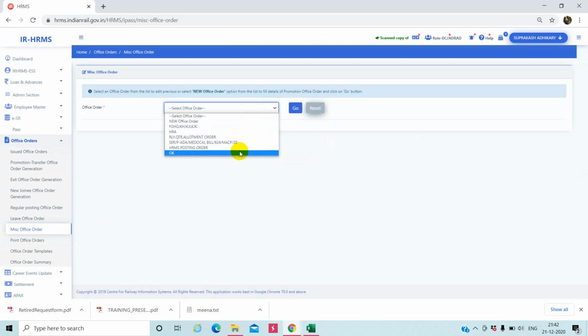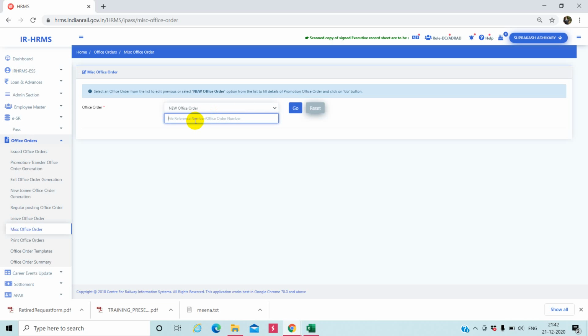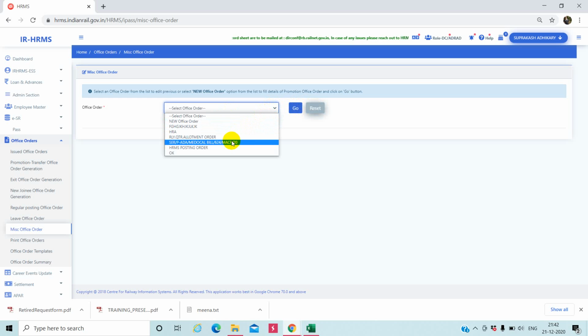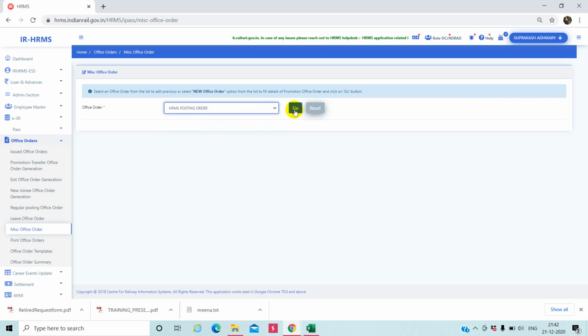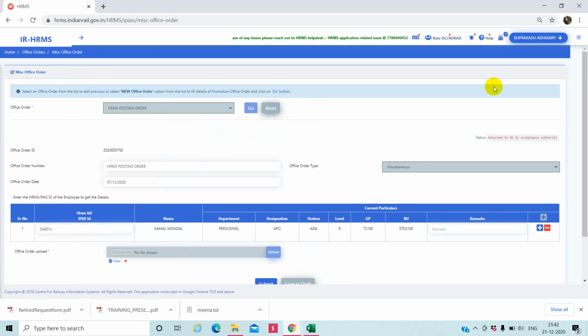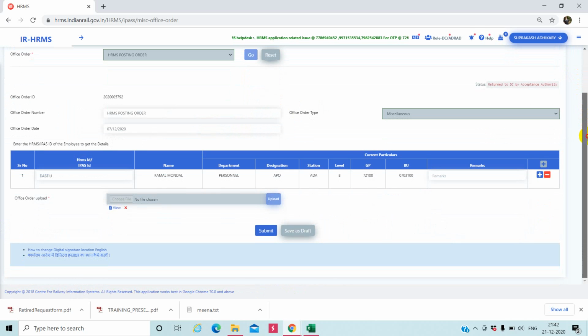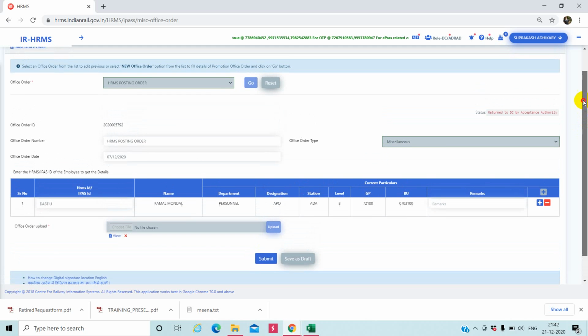As you can see, this is the miscellaneous office order. Okay, so we can put a number this way, or we may open this order. Okay, this is the HRMS posting order. In this way, we may be able to upload the HRMS office order.